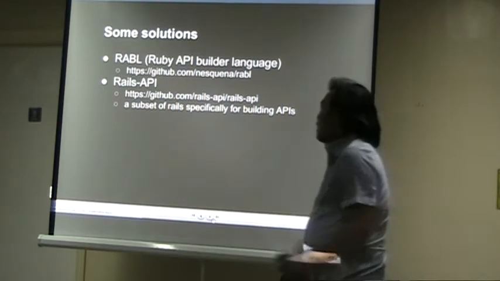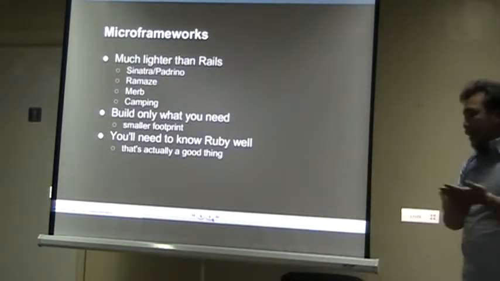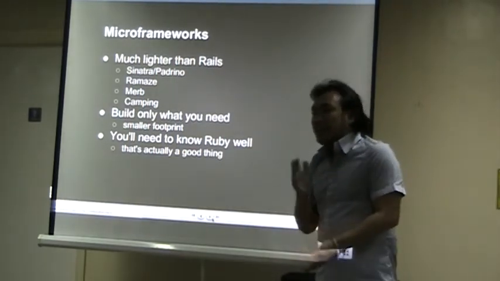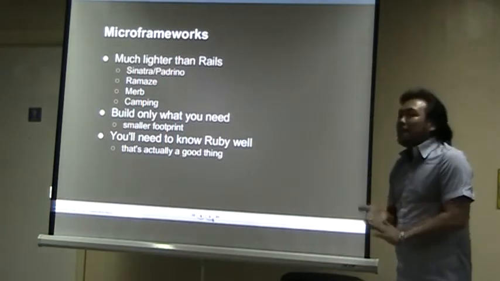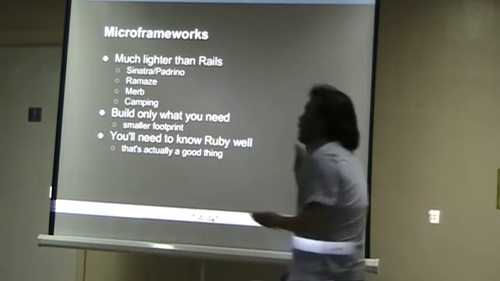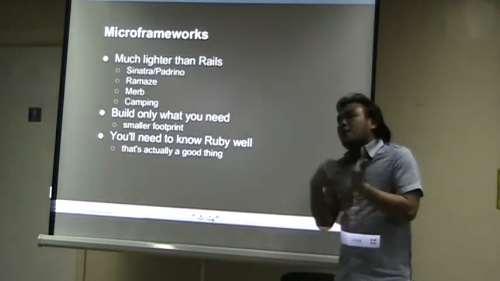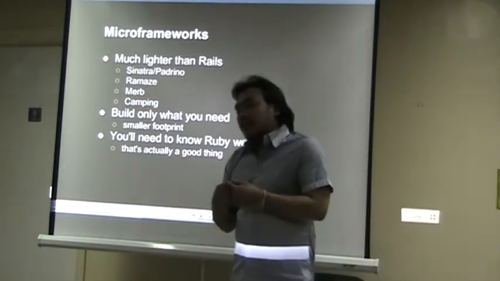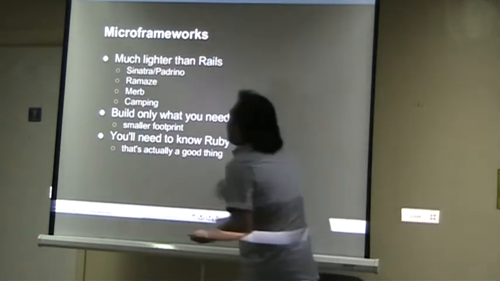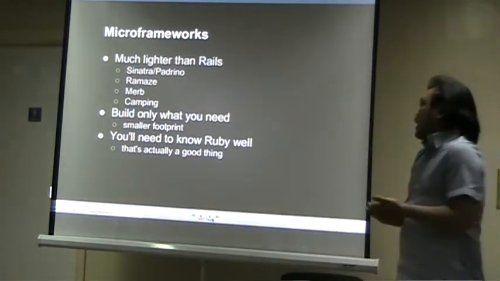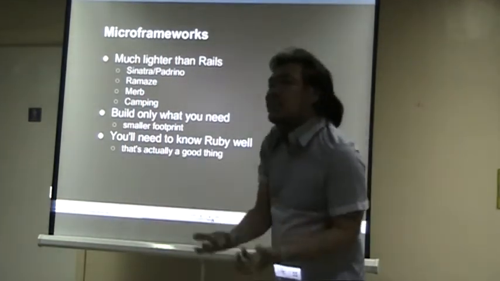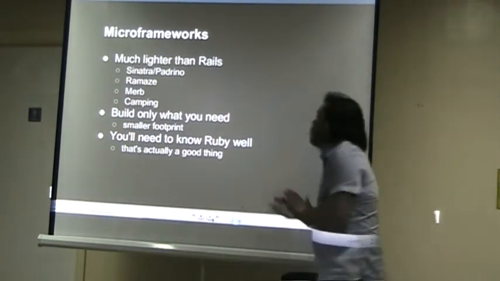Next slide. I am a big advocate of microframeworks. If you're a Rails developer and haven't tried at least one microframework, I suggest you do. So you have these other options. Since your mobile API is a much simpler web application, you can also use a much simpler framework like Sinatra, Padrino, Merb, or Camping. And you only build what you need, exactly just that interface that you define for your mobile app.